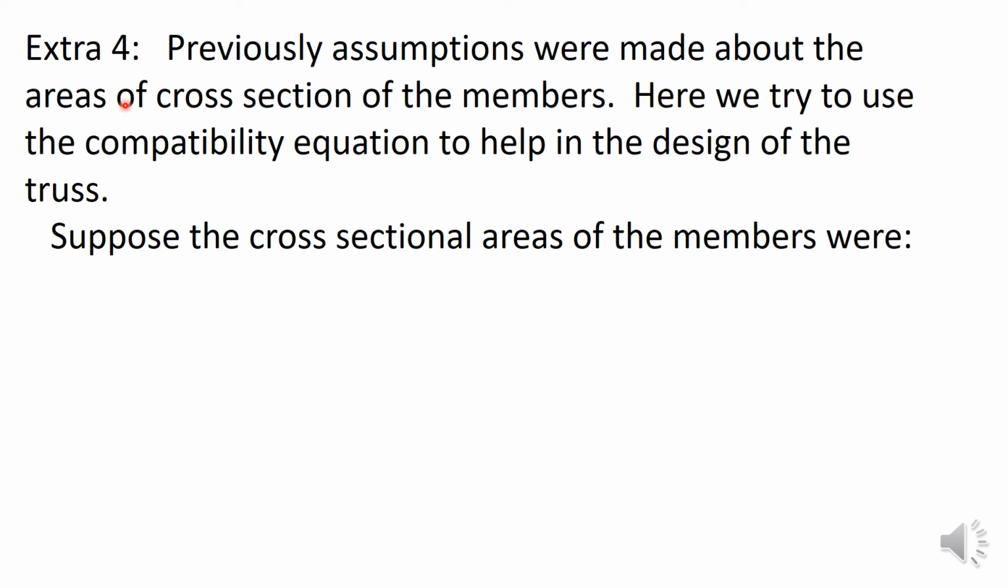In one case, we assumed all of the cross-sectional areas were the same. In another case, we assumed L over AE was the same for all members, and so on. But once you make those assumptions and you obtain the forces in the members, you then go and design and check. You check the cross-sectional areas, the second moments, etc., to make sure they are adequate. If they are not adequate, you use different